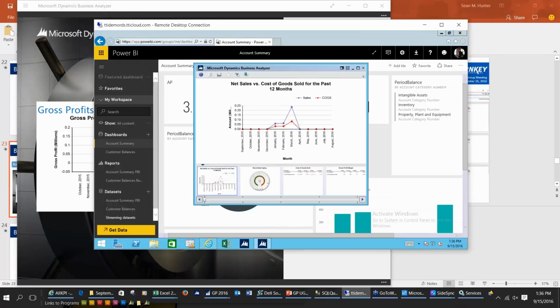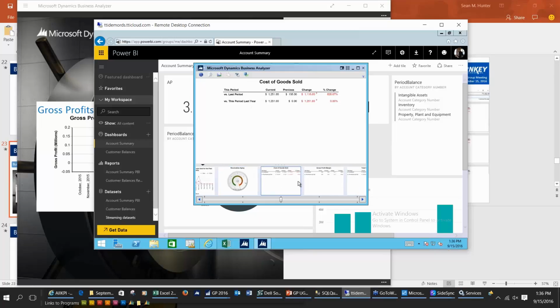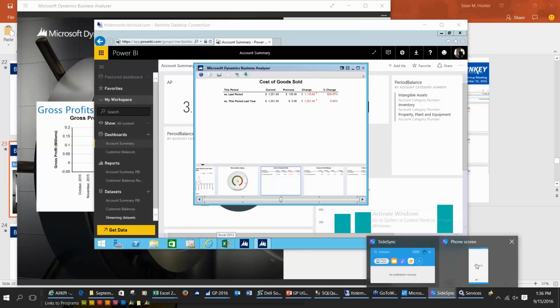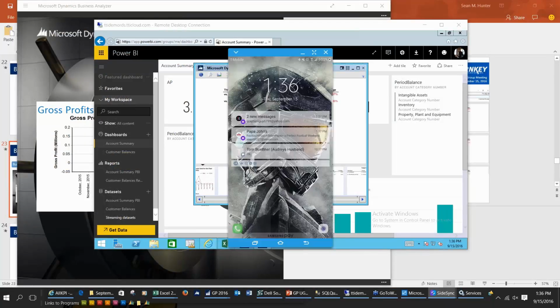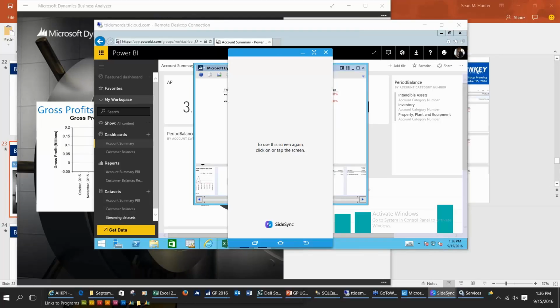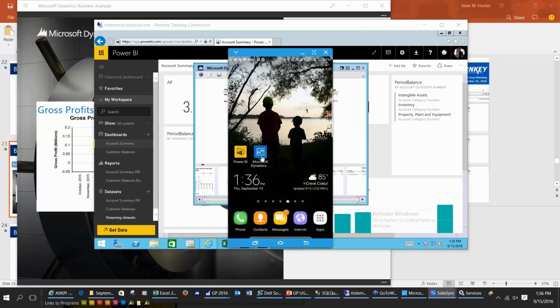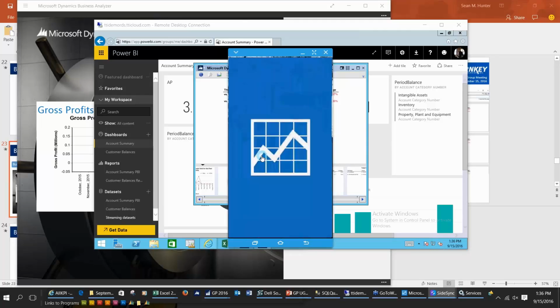This is the desktop application that's available. So if you don't have Windows 10 devices or anything that you can get Business Analyzer on for the Windows Store app, then there's the desktop version of it that's available. And then one little cool thing here. So we're on my phone, and I've got the Business Analyzer app on there,